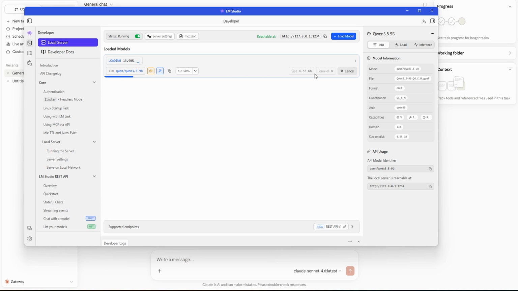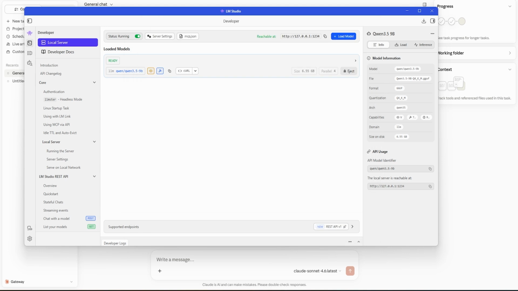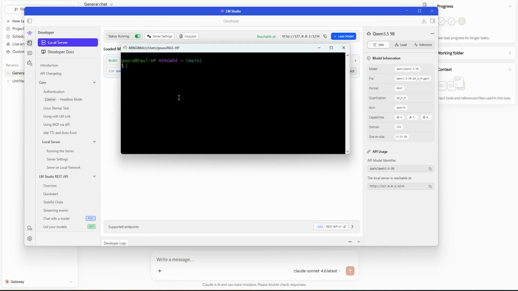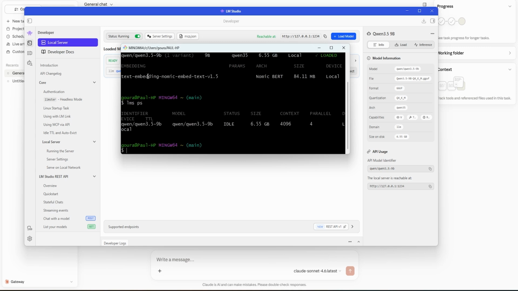Once the model is downloaded, load the model. But like before, this time it won't show the models. You need to set an identifier. lms ls will show all your downloaded models. lms ps will show your active loaded models. To unload, lms unload qwen